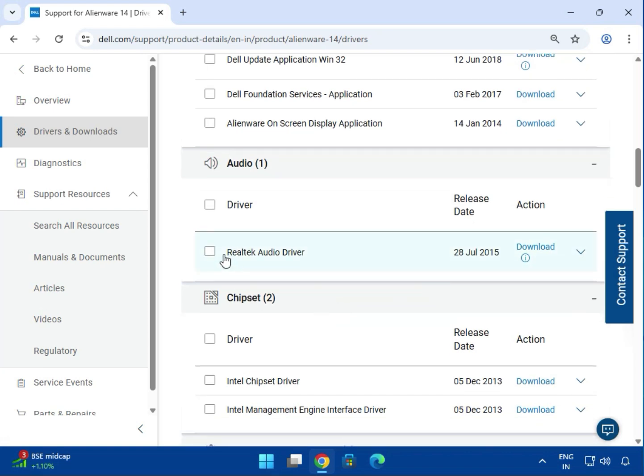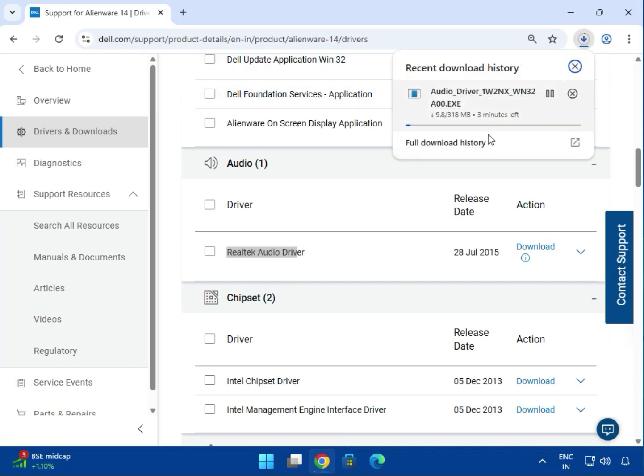So first you can see the audio driver. So click to download. When you click to download, it will start downloading in the download box, and it will take some time depending on your internet speed. So it is downloaded,